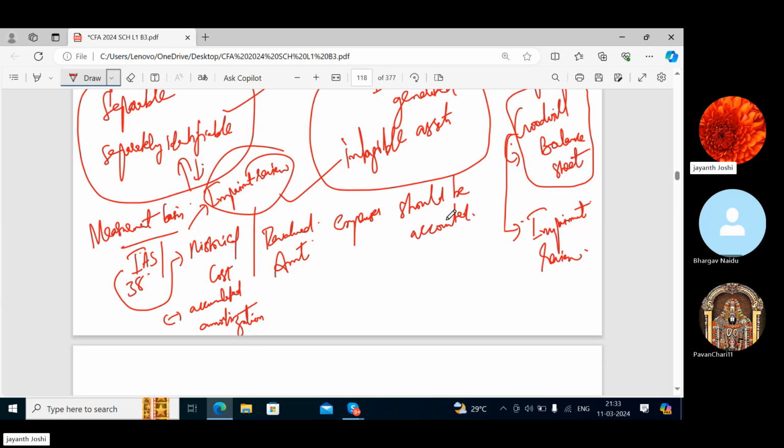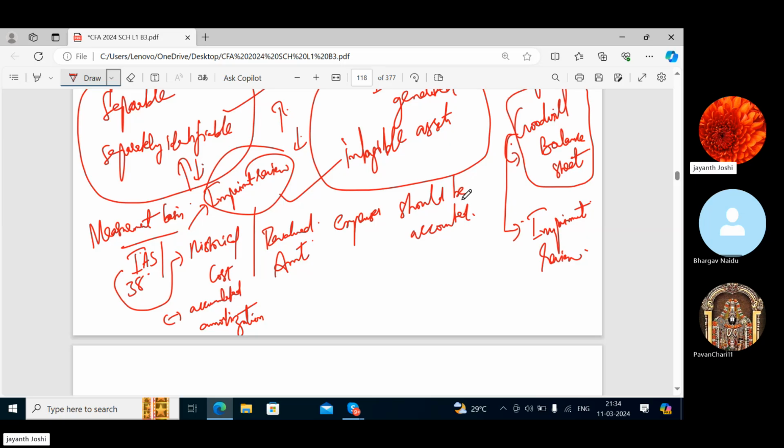And one more point I was trying to tell you. Goodwill can never be amortized. Goodwill can only be checked for impairment, whether its value is decreasing. Here it is increasing or decreasing, both we can check. Accordingly we can put the amounts in other comprehensive income. If it is increasing, it goes in OCI as revaluation surplus, and if it goes down, impairment loss goes in the SOPL, statement of profit or loss.